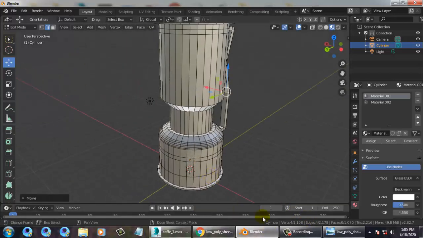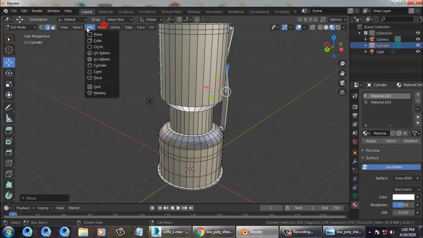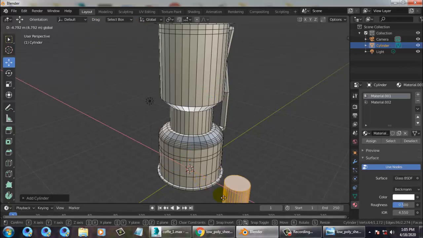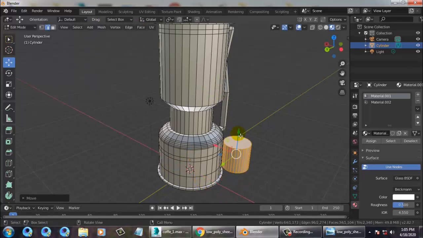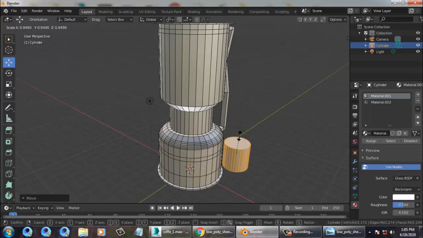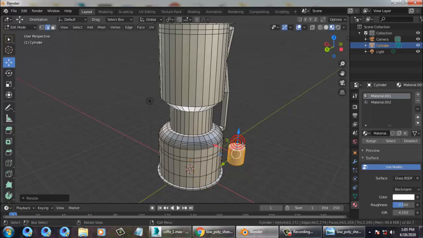So you can take a cylinder and you can just put this over here. So add a cylinder over here, scale it, press R, scale it, again over here and rotate it.